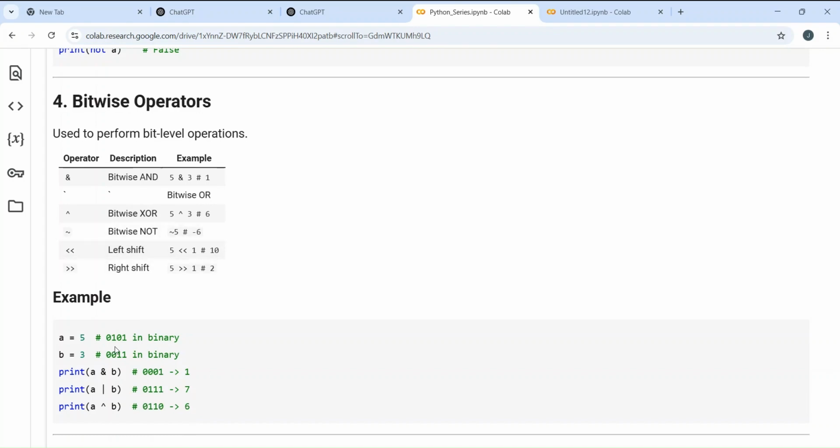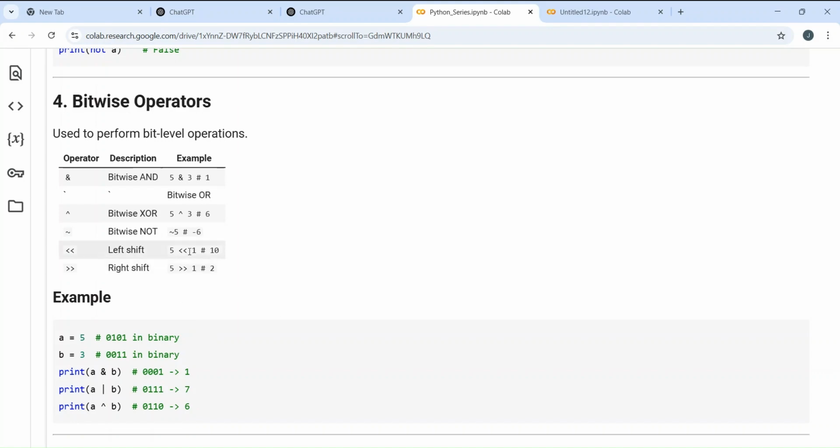Similarly, bitwise not. You have this 0101, right? If you are applying a not operator, this 0 will become 1, this 1 will become 0, this 0 will become 1, and this 1 would become 0. Ultimately, you would be getting -6 as the answer. Why are you having this minus sign? Very simple. As you know, the leftmost bit, if it is 0, then the number is positive. If the leftmost bit is represented with 1, then it will give you a negative answer.